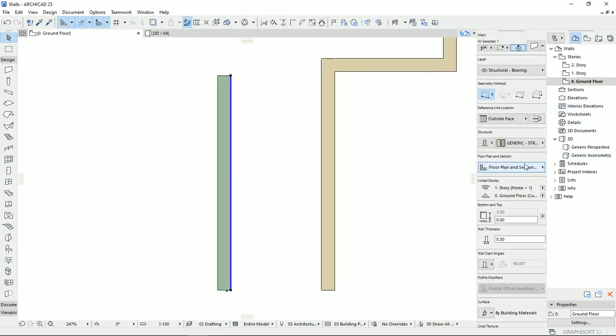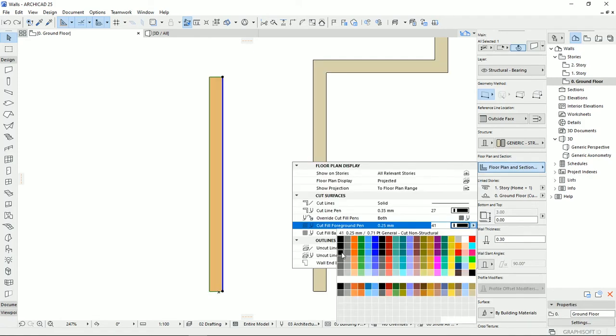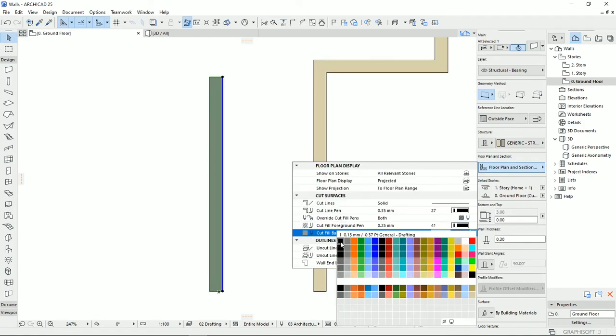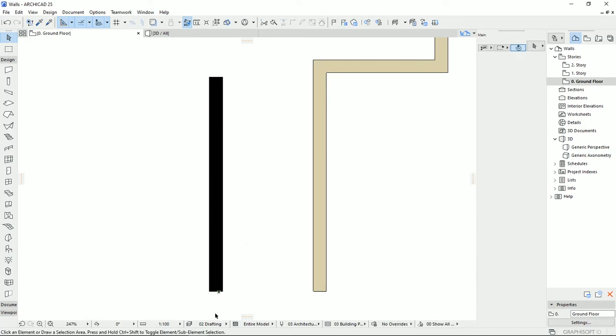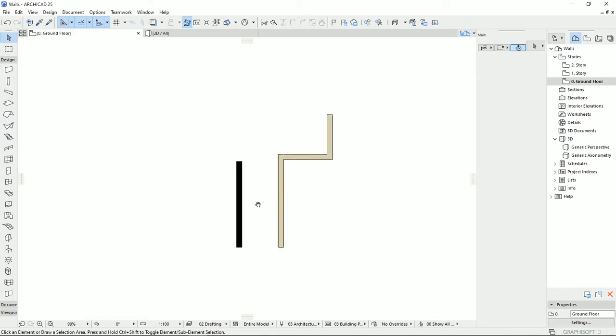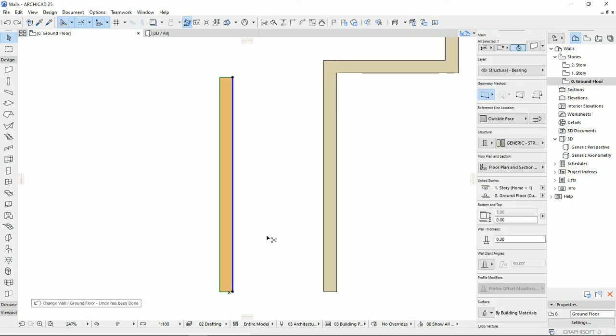Or we usually put the color of the wall to complete black, the foreground pen to black. And also we can put the background color to black, so the wall will be completely black, and in the plan we're gonna have very beautiful strong walls. So I'm gonna put it back to the color that it was,